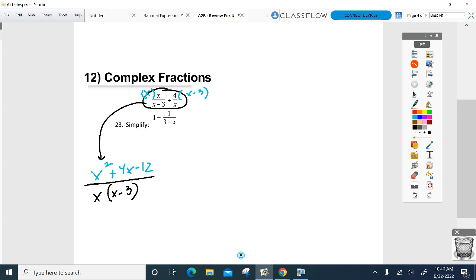Everyone with me so far? Divided by, now we got to work on the bottom, unfortunately. This was one where you got to work on both of them. So here we go. What's the common denominator? There's only one, right? And that is 3 minus x. So what's that 1 have to get multiplied by then? Good. 3 minus x. Because it has no denominator, so I got to multiply it by the common denominator. So I'm left with